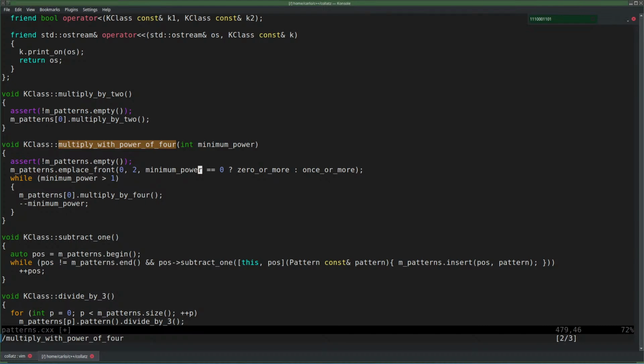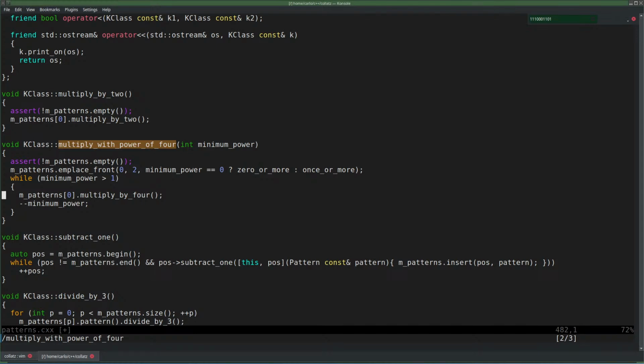Modulo 2, I guess. No, not modulo 2. Exactly as it is. If it is 0, it must be 0, 1. If it is unequal 0, then it is maybe larger. It's 1 or larger, I don't care. Then we can repeat it once or more. And then if the minimum power was larger than 1, then I can multiply it by additional 4s